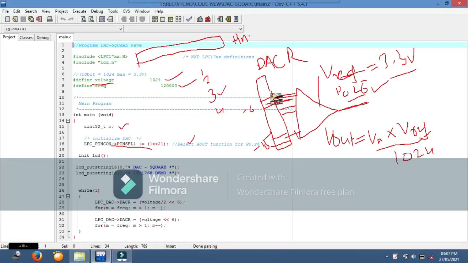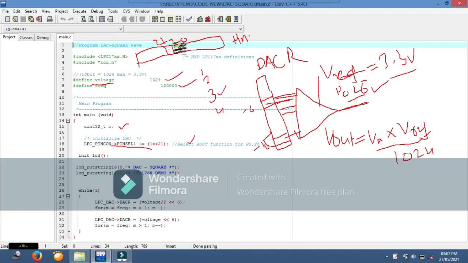For P0.26 to perform the third function, we have to set bits in pin select register 1, bit number 20 and 21, to define which function should be performed by P0.26.